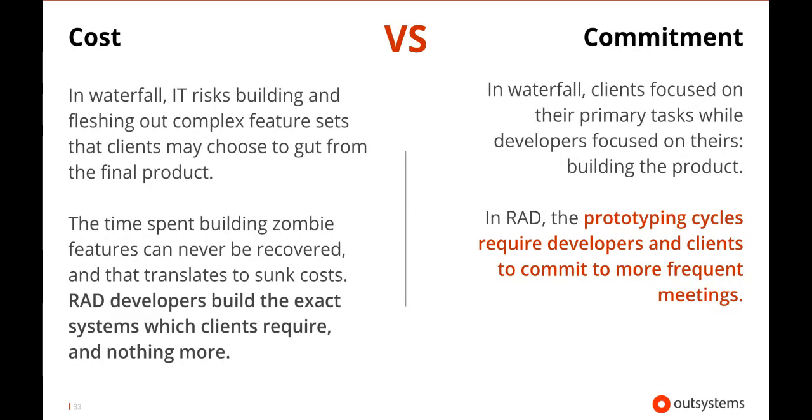On the next page, we have cost versus commitment. So cost, again, we reduce cost because we've increased speed. And how that's happened is simply because we're not spending as much time developing the features that we don't need to develop, and we're not going back and fixing and adding a whole bunch of things that we didn't expect to add because our waterfall approach didn't allow the client to see the product in advance. So the cost should be significantly lower than a traditional waterfall project. However,